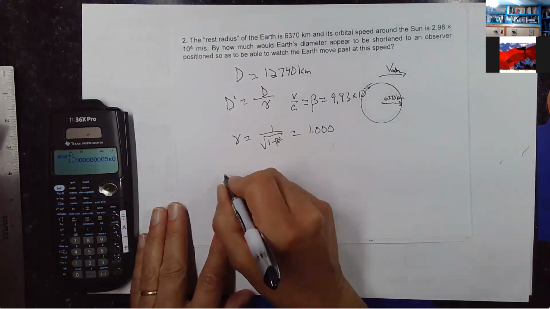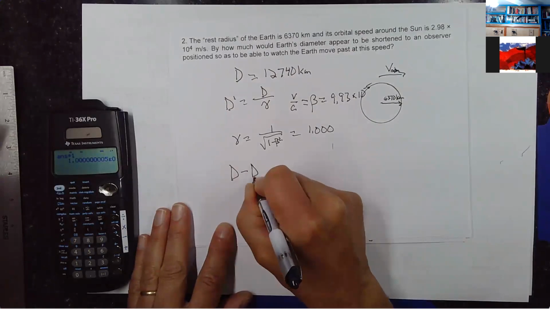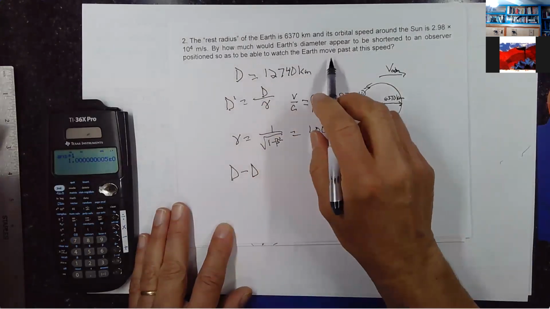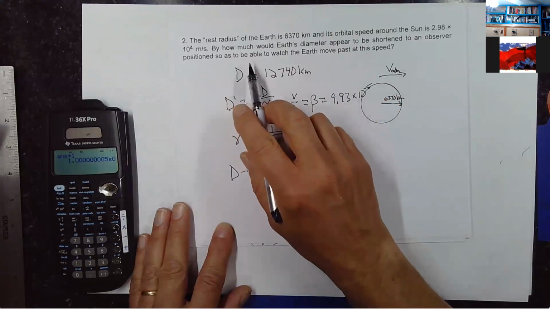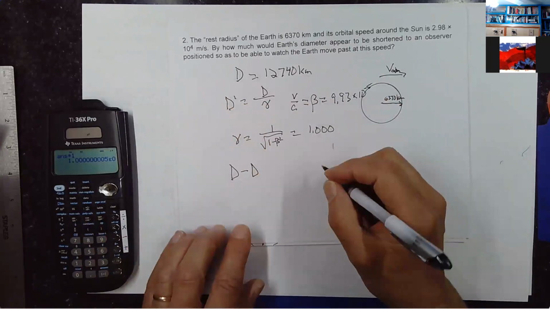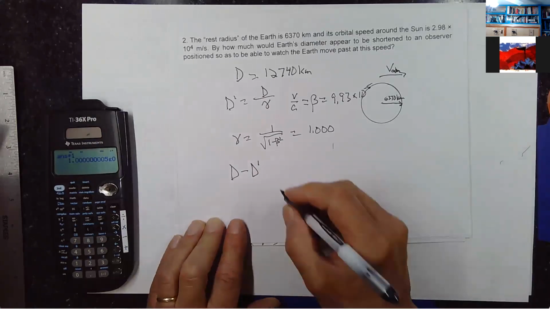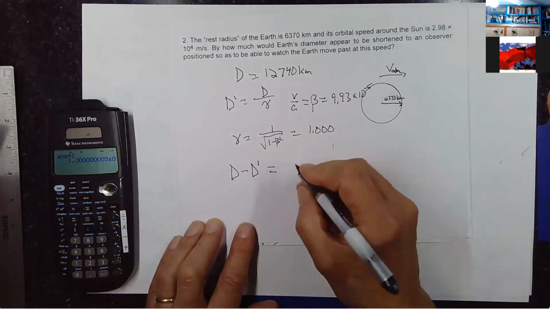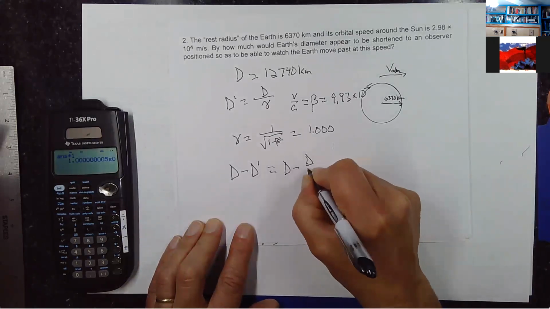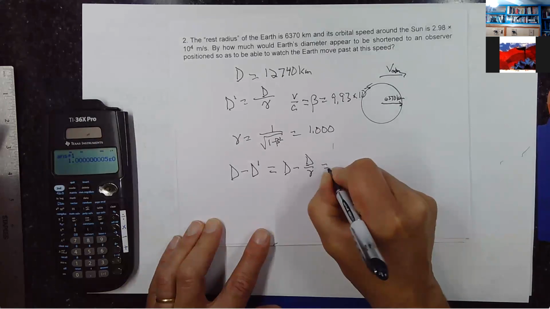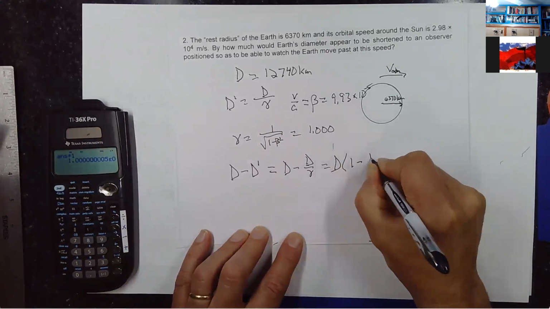I won't finish the calculation, but instead, the question actually asked, by how much would the Earth's diameter appear to be shortened to an observer positioned so as to watch it move past? So it's actually asking d minus d prime, which is equal to d minus d divided by gamma, which is the diameter times 1 minus 1 over gamma,